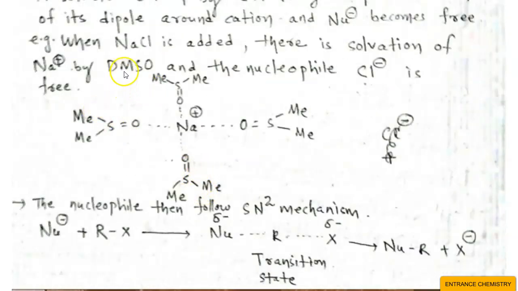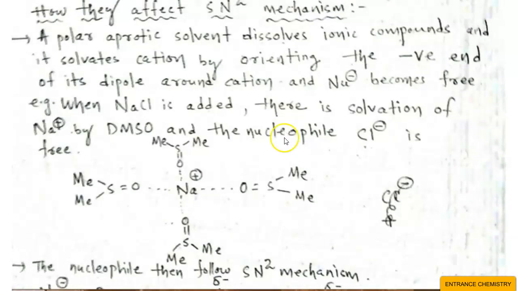Suppose we give NaCl. The solvent is DMSO. The substrate is RX, and we add NaCl. So what will happen? The solvent, that is polar aprotic solvent, will dissolve the